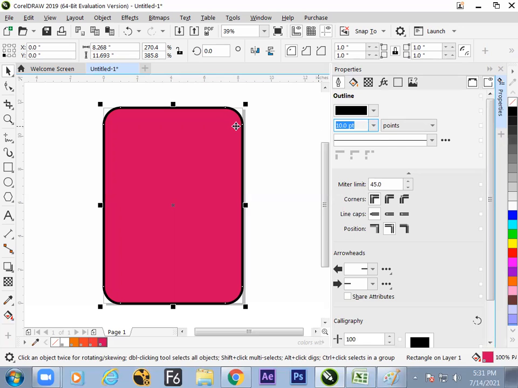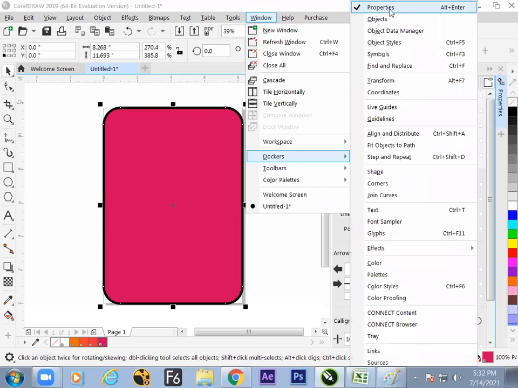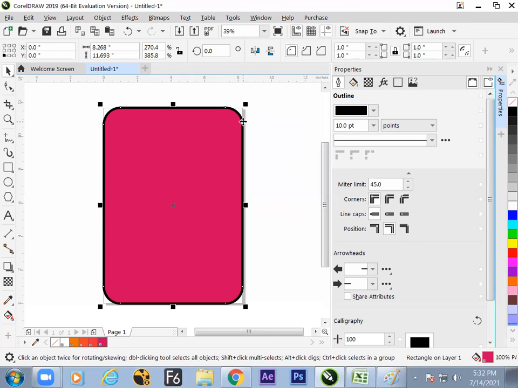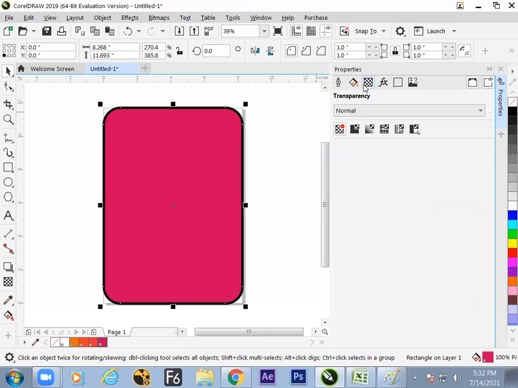The basic property of the rectangle also can be handled inside the property window, which is there in your Windows menu in the Docker by the name called property and the keyboard shortcut Alt Enter. It is not a new thing. The line is also controlled over here. Now, except the stroke and fill, yes, it does have some more options also. We'll be learning about it in much more detail, but for the timing, yes.